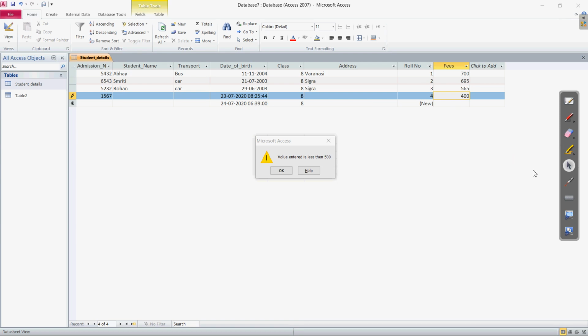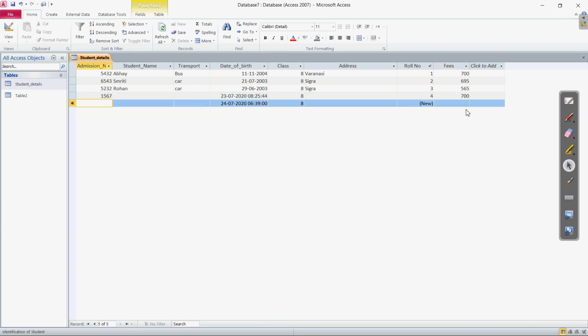Okay, let us close this now. If we change this 400 and enter a value according to the validation rule which you have made, so if you write 500 or 700 or something, then if you press the enter key, it is saved. Clear? This way we have gone through the whole chapter. We have explained each and everything, and those who have not watched the previous videos can do so and clear your doubts. Most of the doubts we have covered in the live classes.